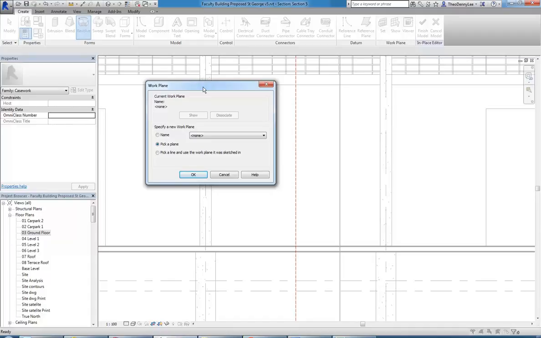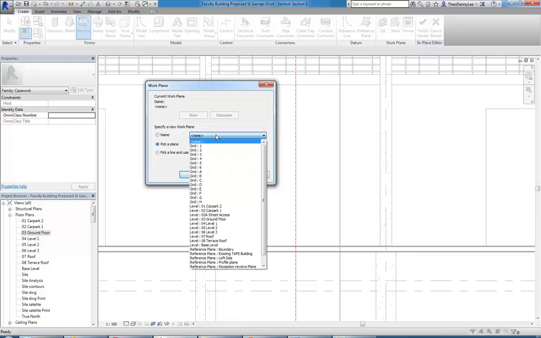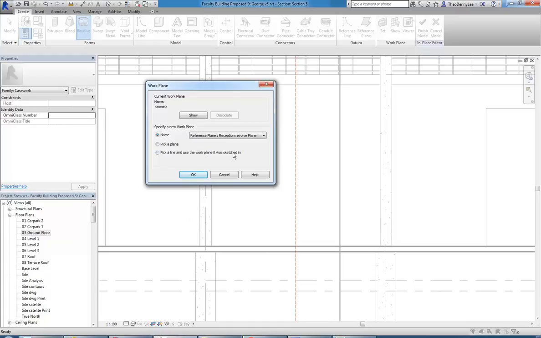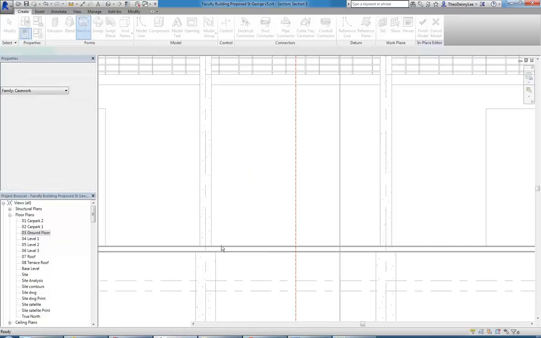But if you're in a project file, it will always ask you, because there won't be a plane already defined. And so here, just as before, I could choose any grid line, any level, or of course the reference planes that I've named. And so again, reception revolve plane is the one I've just made to make my revolve, obviously. So I'm going to choose that, click OK,